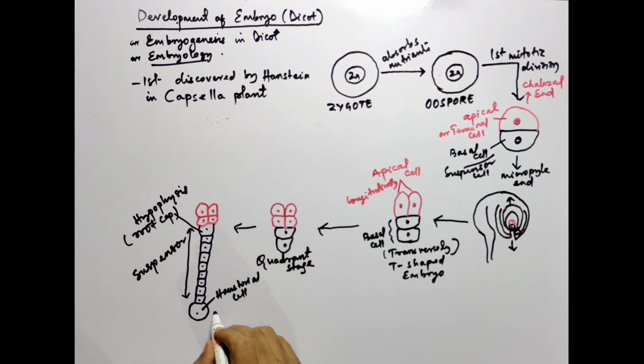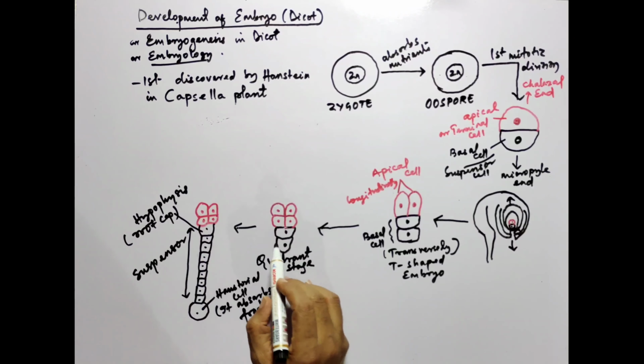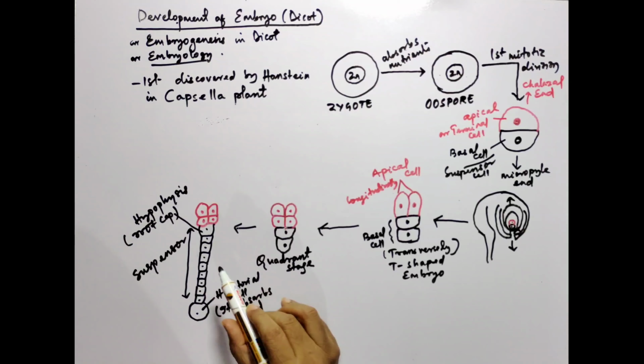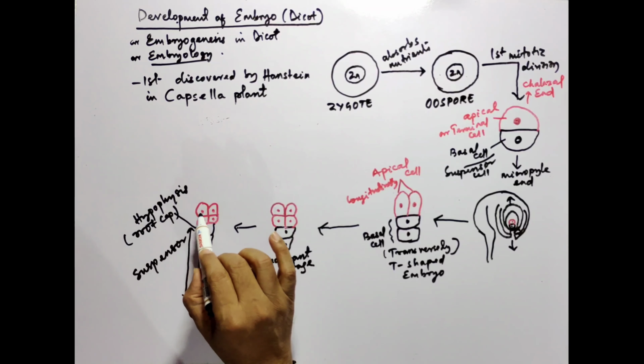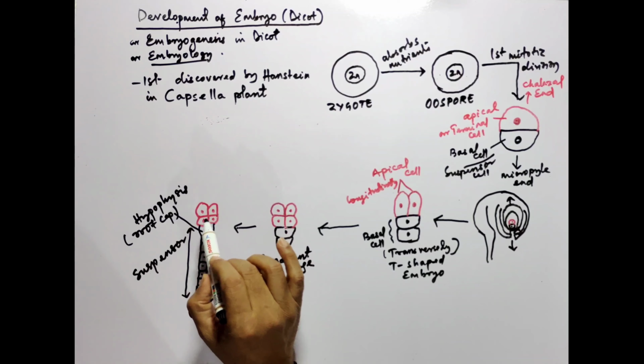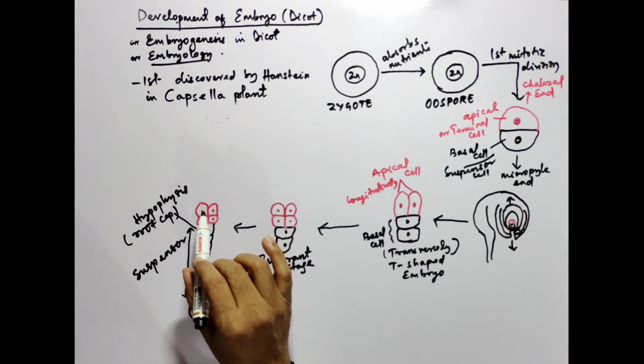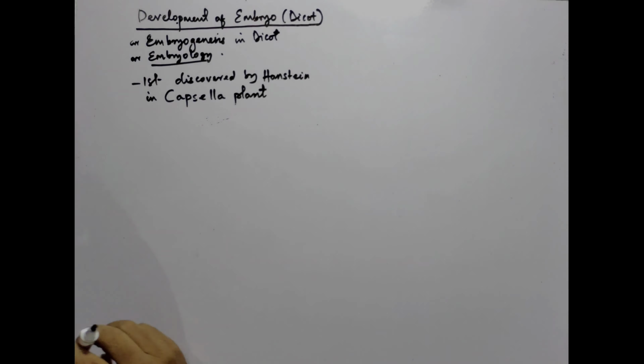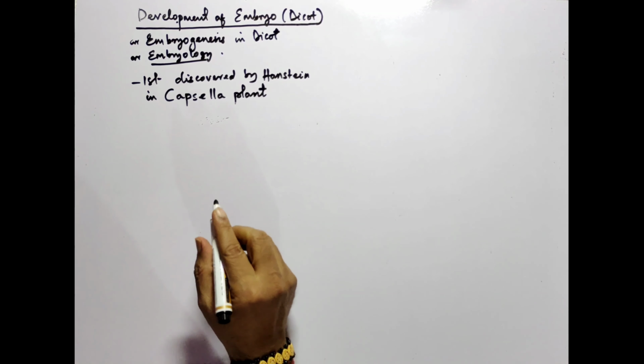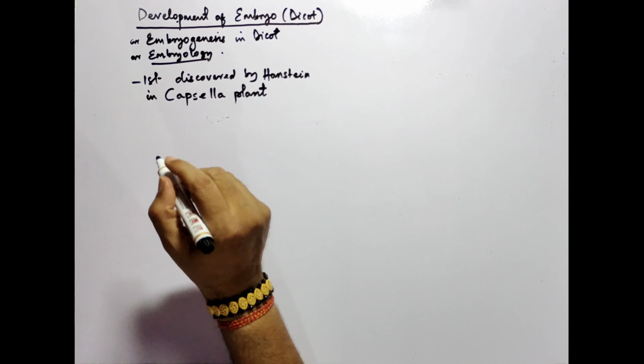Haustorial cell, it absorbs food. So this is the stage where this development occurs. This is followed by the quadrant stage, and later on these apical cells will divide to form the octant stage. So the octant stage, by the division of